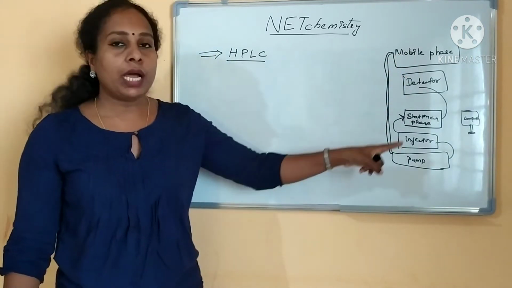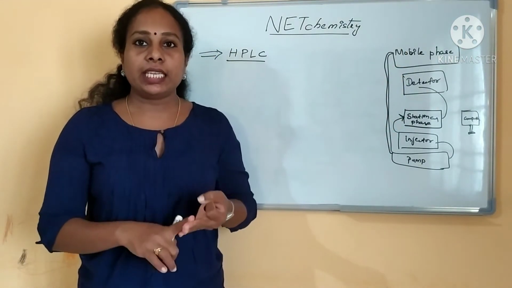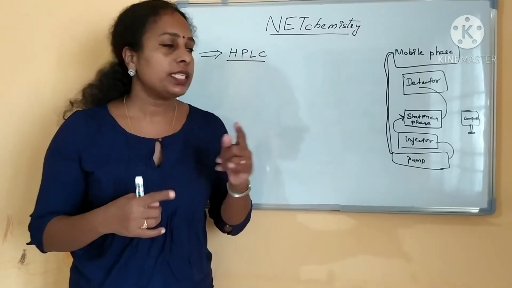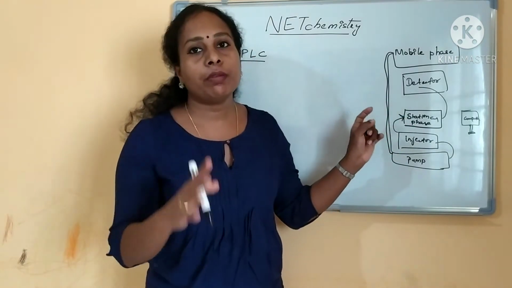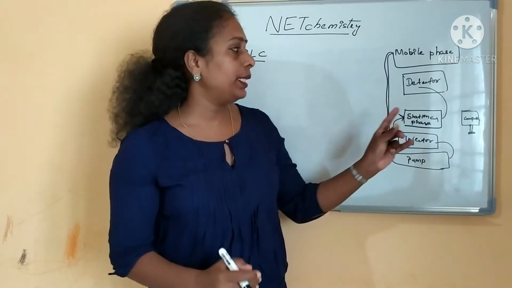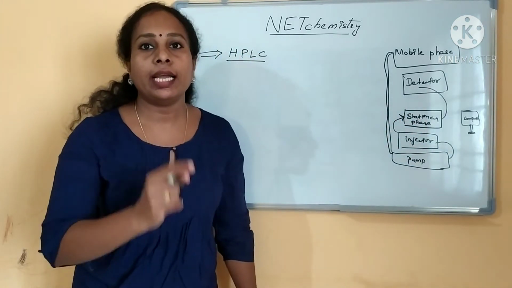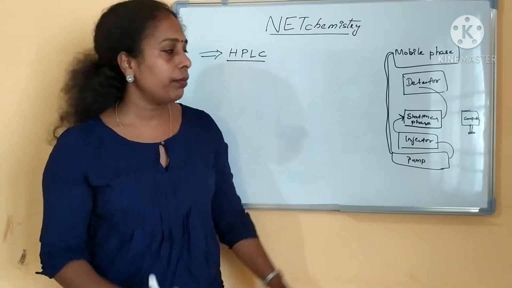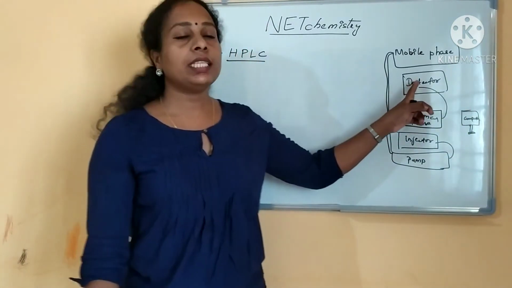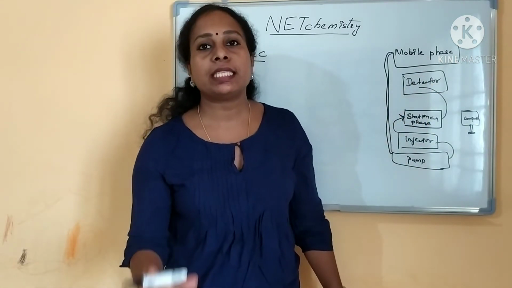This is the parts of an HPLC. The mobile phase will be there, the pump will be there, and the injector is where the sample is injected. Then there will be a stationary phase, that is the column compartment. The column will be the stationary phase, with packed columns. There the samples will be eluted at a particular retention time. Based on the wavelength of each sample, the detector will detect your samples. This is a typical HPLC instrument.